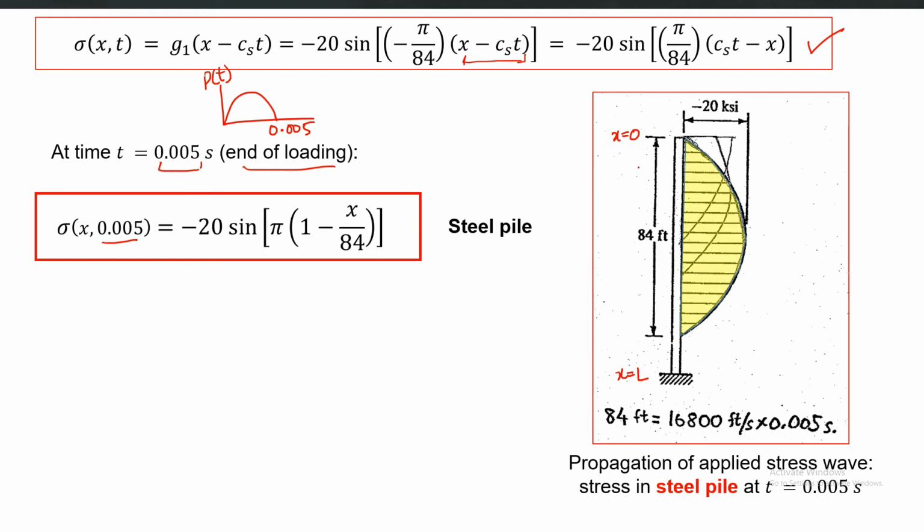at t equal to 0.005 for the steel case, you will have this line, this yellow line. One thing I forgot to tell is that although we are doing it for an axial vibration of a rod, you can think of it as a pile foundation which has an impact loading from a drop hammer at the top.